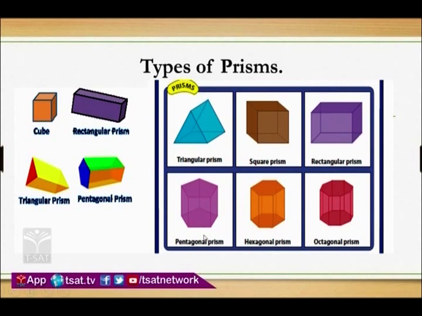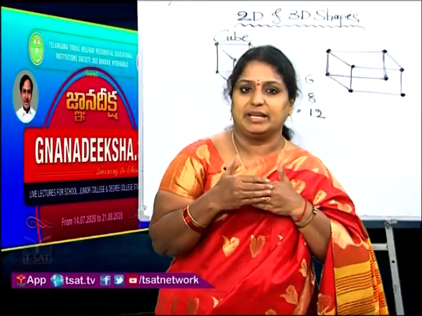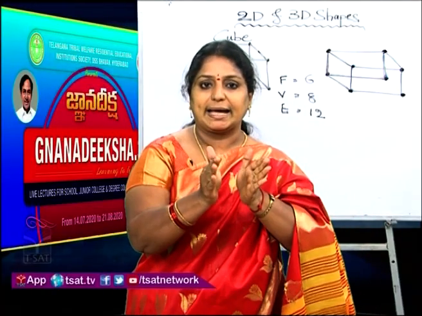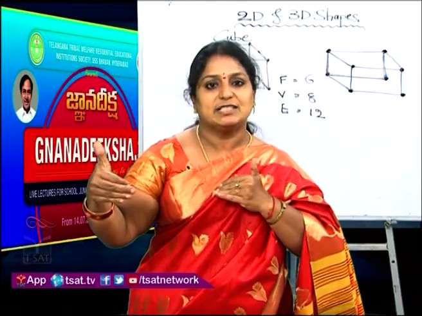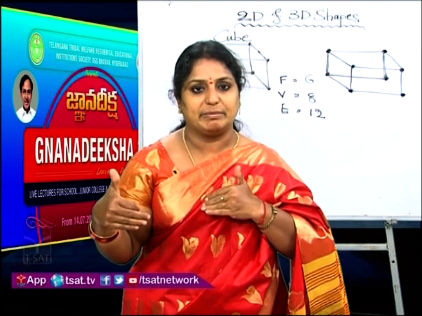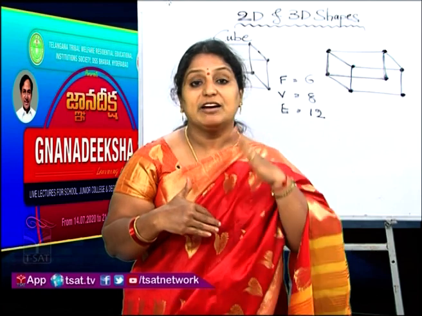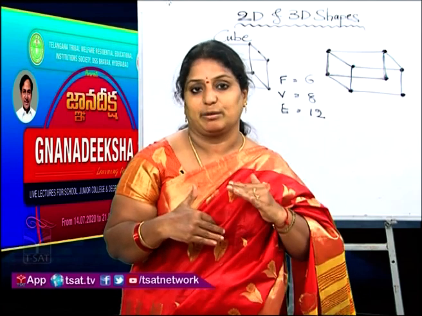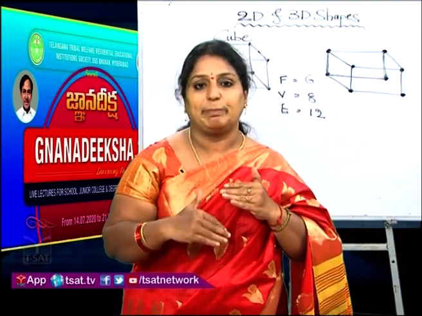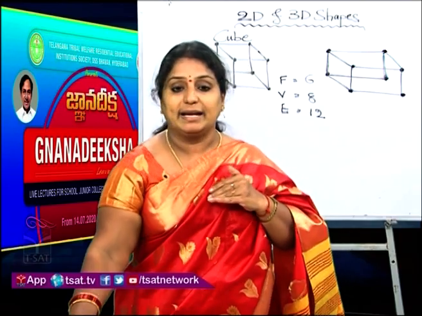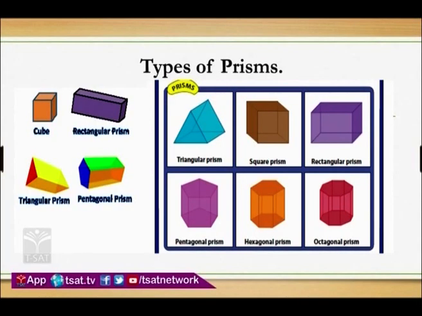The bottom row, if you see here, pentagonal prism. Why is the name pentagonal prism given here? Because penta indicates 5. Pentagonal prism indicates that both the top and the base, the bottom, contain 5 edges, 5 line segments. It means that the polygon is a pentagon, both top and bottom. That is the reason the name is given as pentagonal prism.